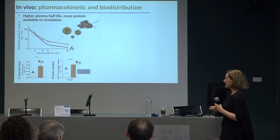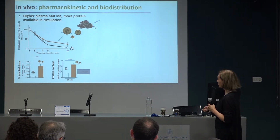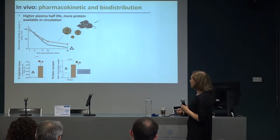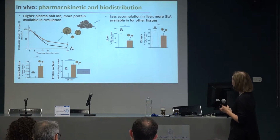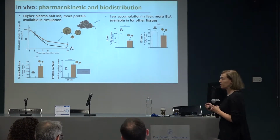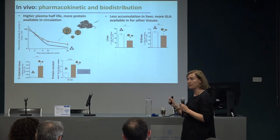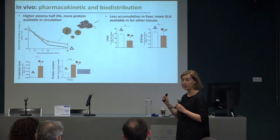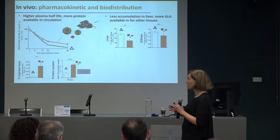But what is happening in vivo? In vivo, we tested the pharmacokinetics of the nanoliposomal system. Here, encapsulating again the GLA enzyme, we could see that there is a higher plasma half-life and also a reduced accumulation in the liver. This was important because, as you may know, the expression of the mannose-phosphate receptors is really high in the liver,